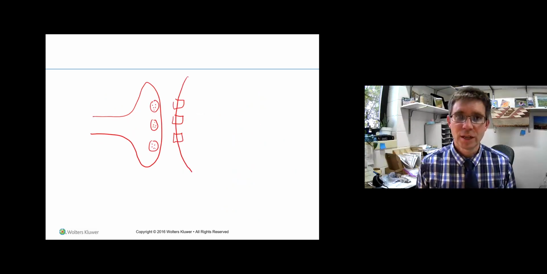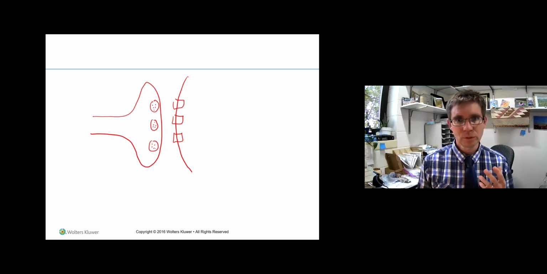It actually turns out that in a presynaptic neuron, in an axon terminal, the vesicles that are found there all contain about the same amount of neurotransmitter. And so when we measure, when the neurotransmitter is released from the vesicle, each vesicle will release about the same amount of neurotransmitter. And what that means is that